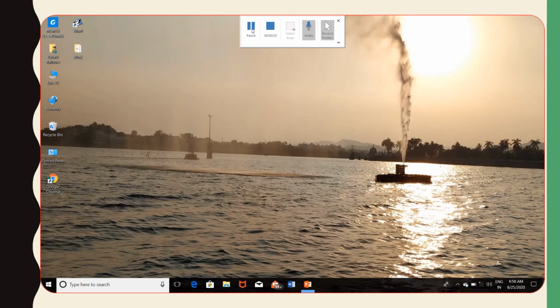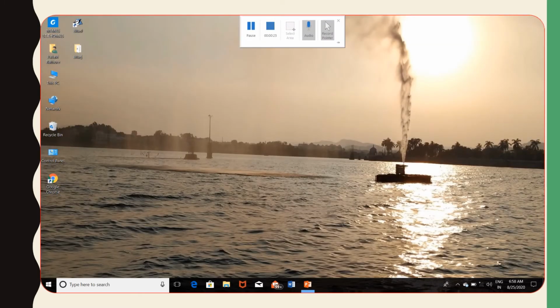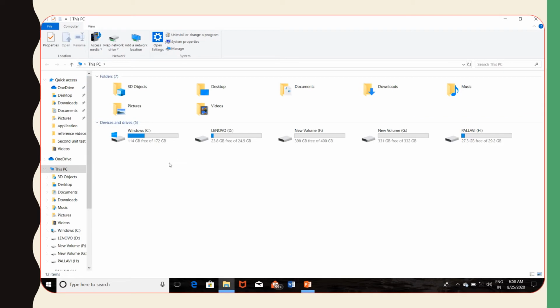Now let's understand how to move data from a pen drive to a computer. First of all, we will connect a pen drive to a computer. Here it is displaying all the data saved in a pen drive. For now, I am closing this window and let's go to This PC or My Computer folder. We will double click on This PC folder. Now here you can see all the disks and drives appearing.